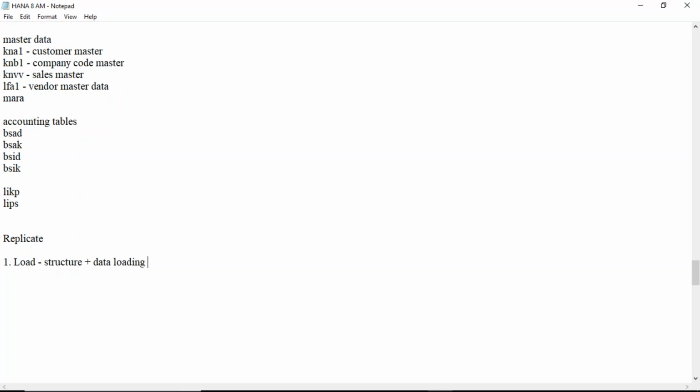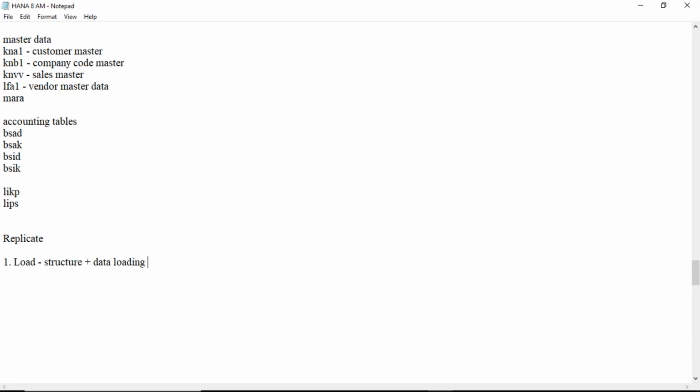Yes or no, guys? Suppose I'm not loading. Suppose I have a table in ECC which has 1000 records. Now I just replicate. What does the replication do? First, it will get the structure and all the 1000 records. Now both the tables are in sync. Once both the tables are in sync, it will start the real-time replication, meaning whenever you have a new record, the 1001st record, in the source table, that will be automatically replicated to HANA. For the real-time replication to start, first make sure both the tables are in sync, with the same structure and